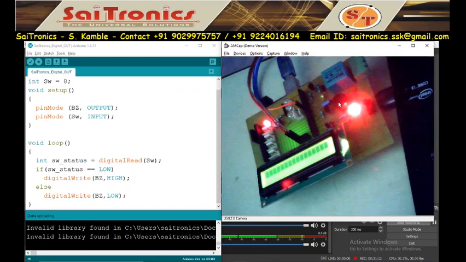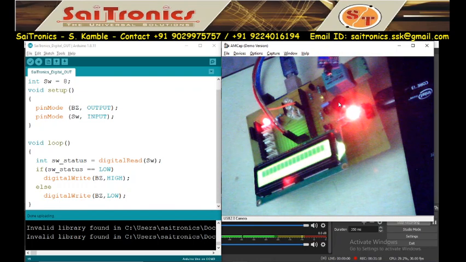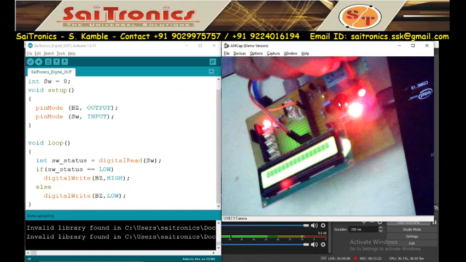So this is a simple in-out circuit. IR sensor, light sensor, you can connect a fire sensor also. So just connect the fire sensor here, and if there is fire in front of this, I will show the demonstration. I will bring the lighter.